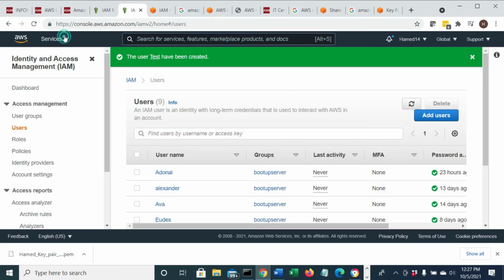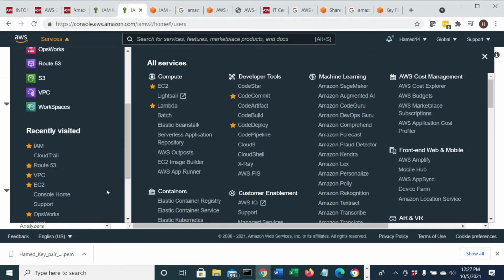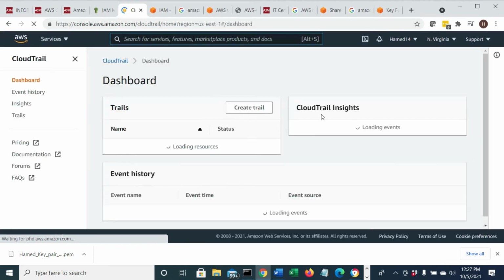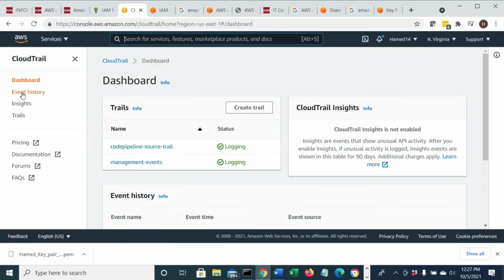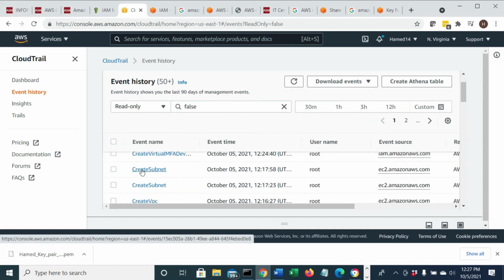That's going to be inside where? CloudTrail, as we did right here. So CloudTrail takes care of, again, when I look at event history, I can show you what has happened. See, I deleted this, I created this, all that good stuff. I created a subnet.